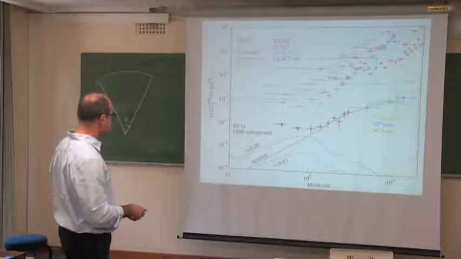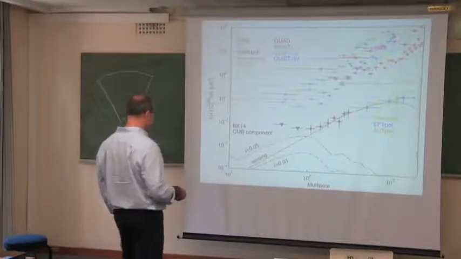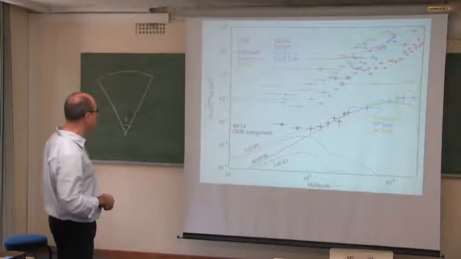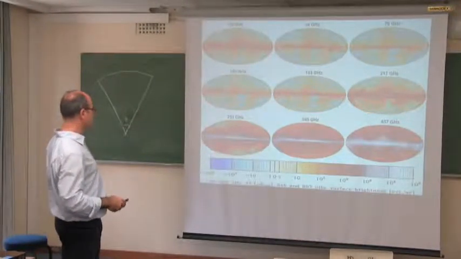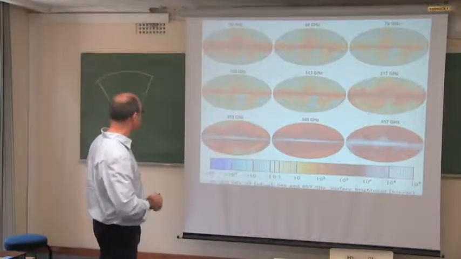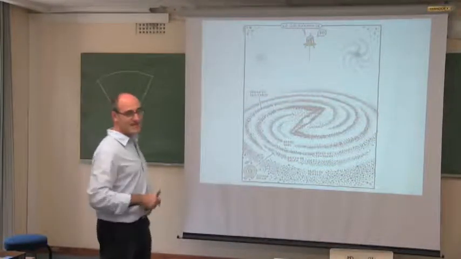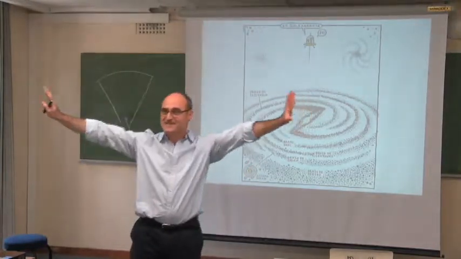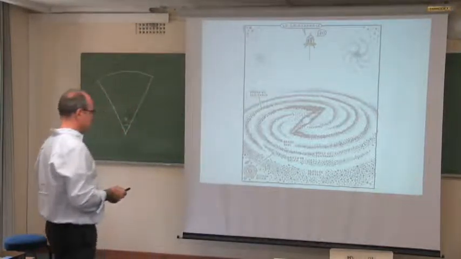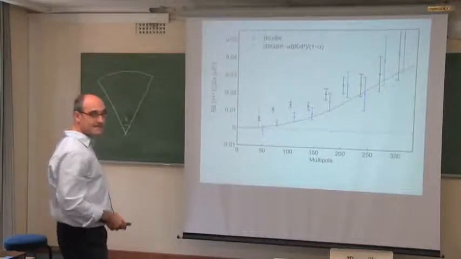And these were the measurements of the Bicep and Keck 2014 component, which seemed to suggest that there was some kind of contribution to the tensor to scalar ratio. Then came along Planck, mostly with 353 gigahertz measurements, which contained the polarimeter. If we would have been able to move up the galaxy and leave the galaxy behind, then we would be able to see the pristine CMB primordial polarization. Unfortunately, we are within our solar system, and we have to deal with dust.